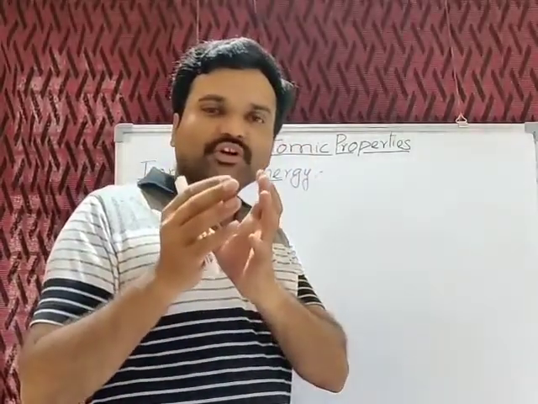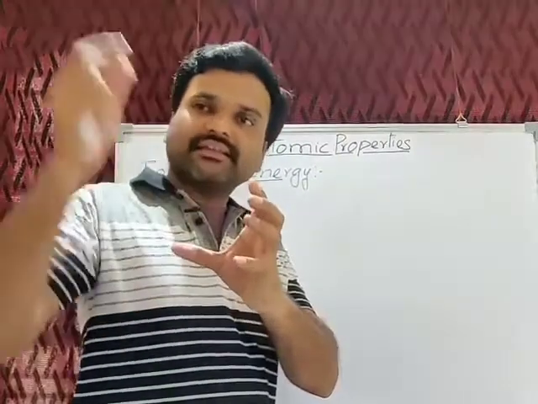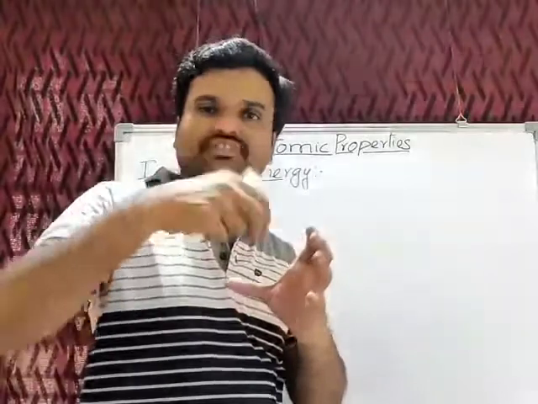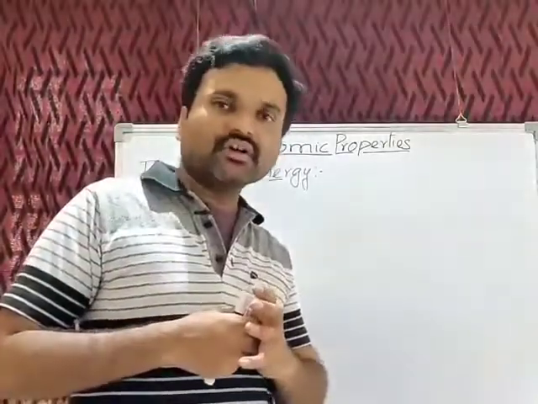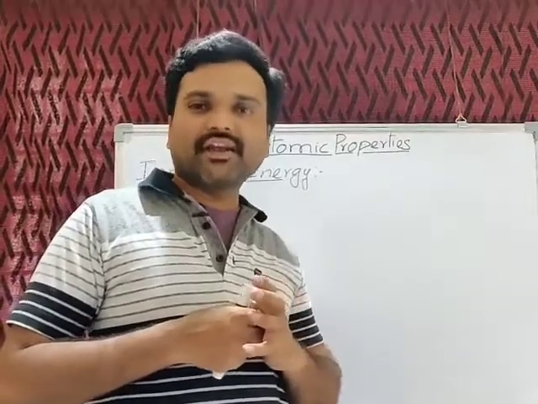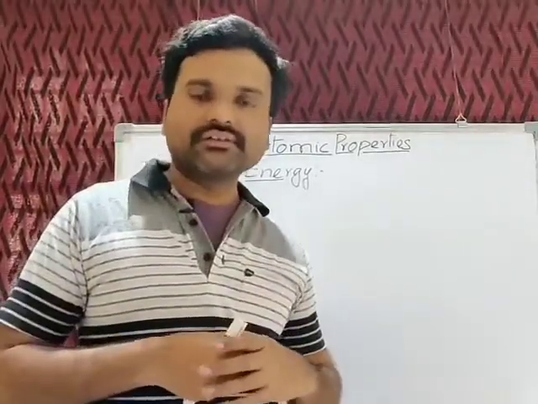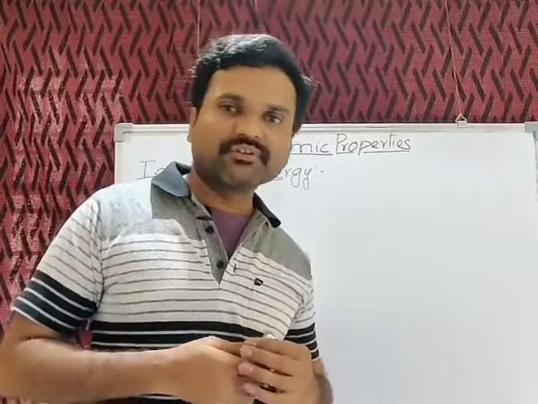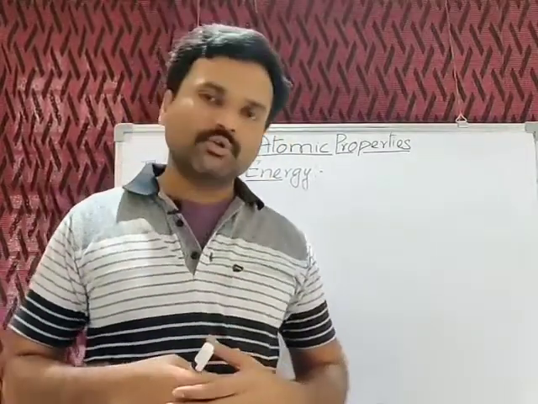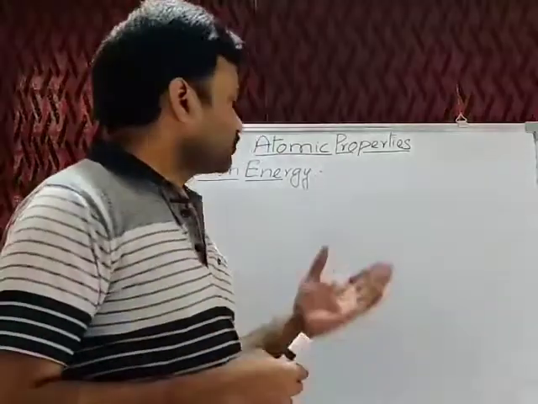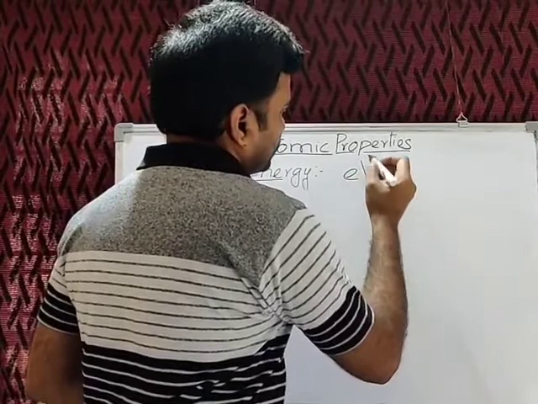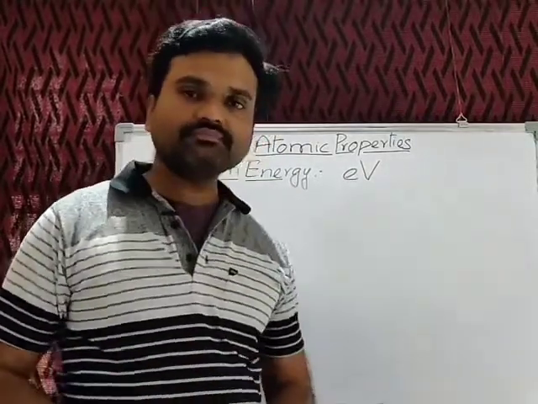After coming to the isolated gaseous neutral atom state, the energy required by that atom to eject its outermost electron is called ionization energy. To say simply, the energy required by an atom to remove the outermost electron is called its ionization energy. As it is energy, its units will be joules, kilojoules, etc. Generally used units, as these are micro quantities, are electron volts.